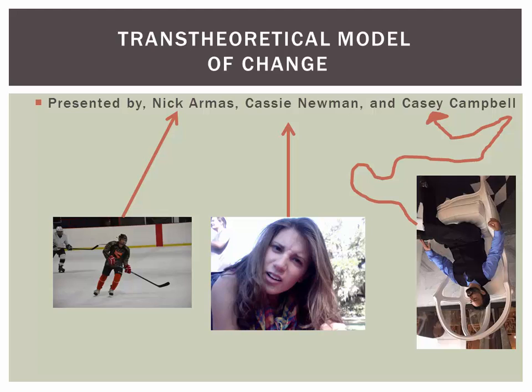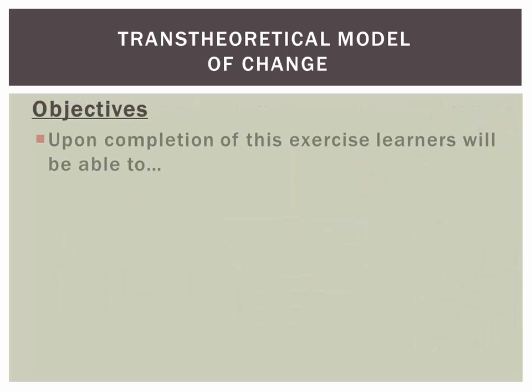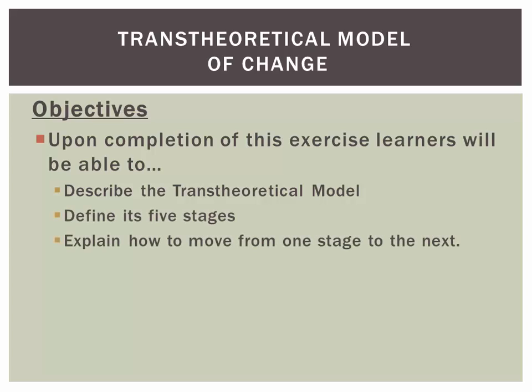In this lesson, we'll be giving you an overview of the Transtheoretical model, including a brief history of its conception, the stages of the Transtheoretical model, and the processes of change. At the end of this module, you ought to have a well-conceived understanding of what the Transtheoretical model is, its 5 stages, and how to move between them. We'll also be framing this lesson with an example scenario of alcoholism, with the intent of showing how the Transtheoretical model can be used to assist an individual's move to a healthy lifestyle.